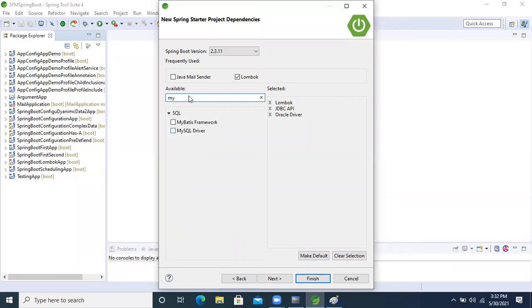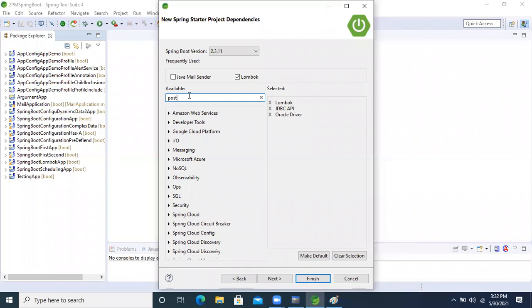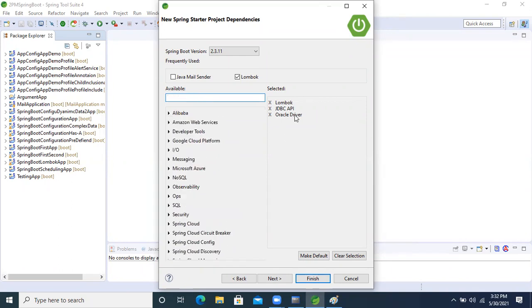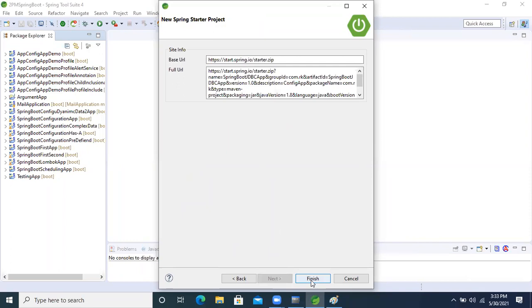If you want to work on a Postgres database, select like that. I'm going to work on a JDBC Oracle database, so for that we will select these two starters. Now next, finish.